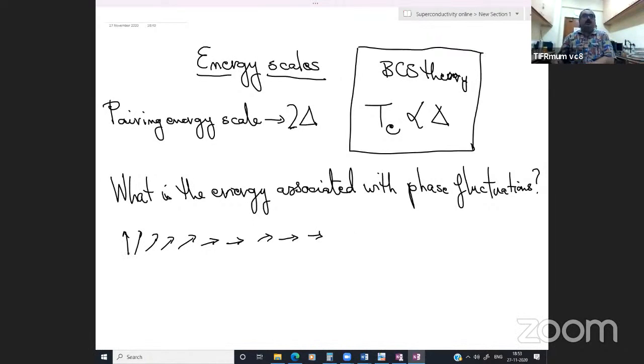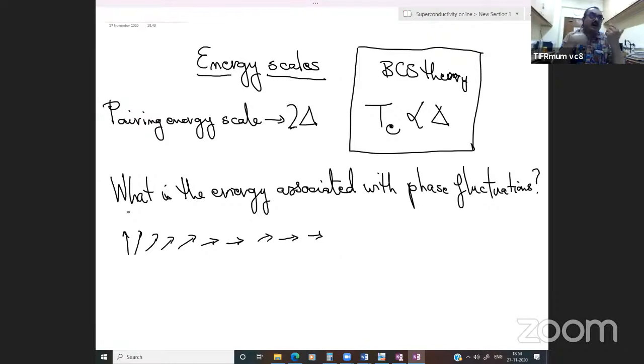So ideally, what we should have done is take the BCS Hamiltonian with the phase built in and solve it self-consistently, taking into account both the phase fluctuation and the depairing. Unfortunately, that problem is still an unsolved problem. It's a problem that is theoretically just too difficult to solve. So we will take a simpler route. What is that simpler route? The simpler route is that BCS solved the problem by assuming that the phase fluctuation does not exist.